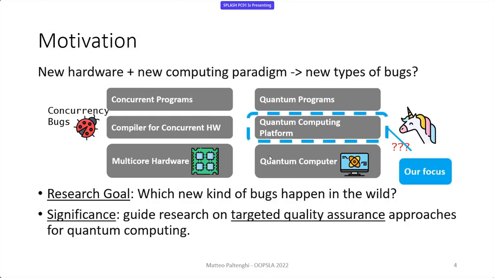I want to be precise that our focus will be on this part. We have the physical layer at the bottom, represented by the quantum computer, and on the top we have the algorithms. The focus of this work is the software in between, what we call quantum computing platforms, which could include abstractions, intermediate representation, compiler, everything that is in between, which is needed to execute the final algorithm. So this is the focus of our work.